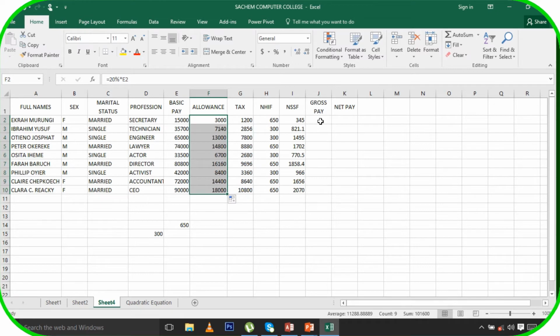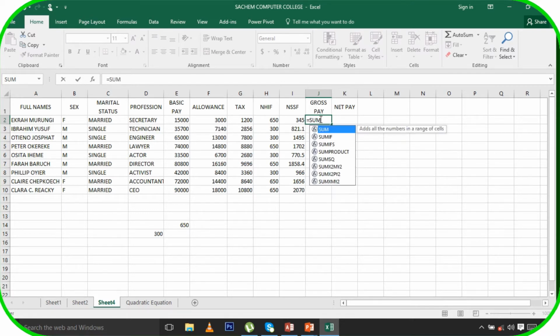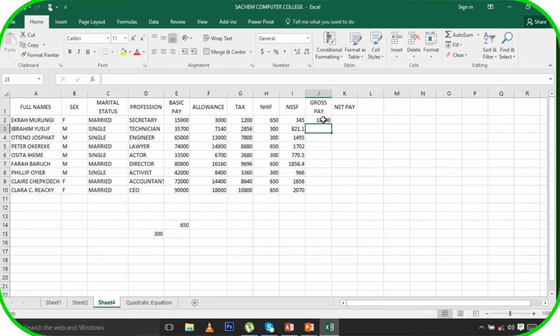And just fill up to the end there. Also to fill up, you can put equals, and now you put sum of, you highlight basic pay plus allowance. You highlight all of them like that, and now you can close the bracket and you press enter. And once you close the bracket, you can come here and click up to there. You can get the gross pay,